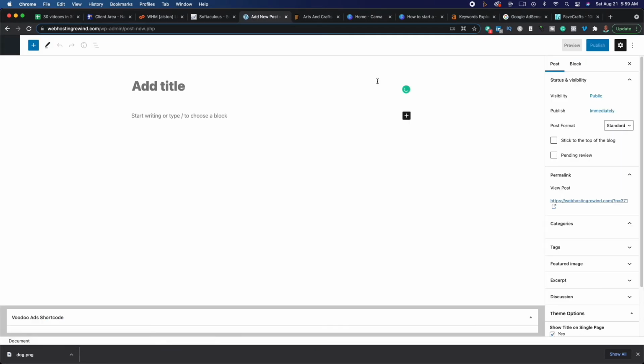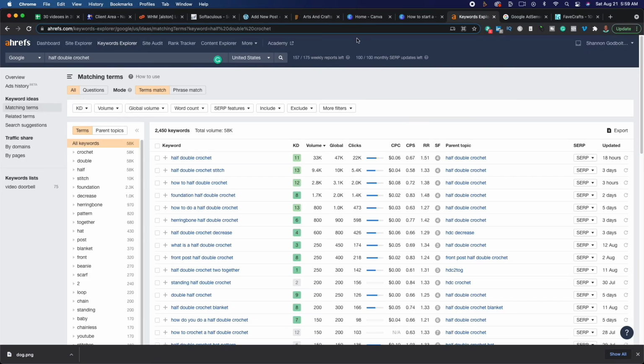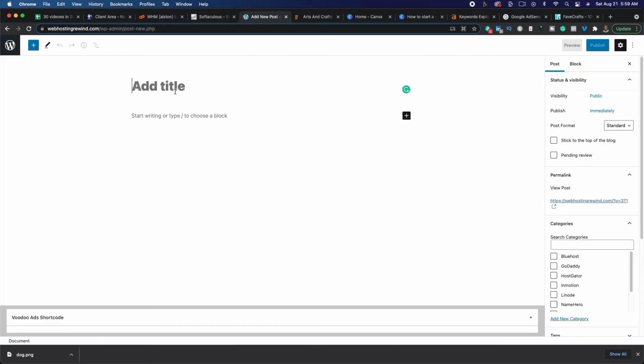And when we click on Add New, we can take our keywords that we found over here at Ahrefs. We're going to copy this, and we are going to put it right in the title of our website. The reason we do that is so when we publish this, the title is going to show up here, and it's also going to show up on the end of our website. So our blog post is going to be